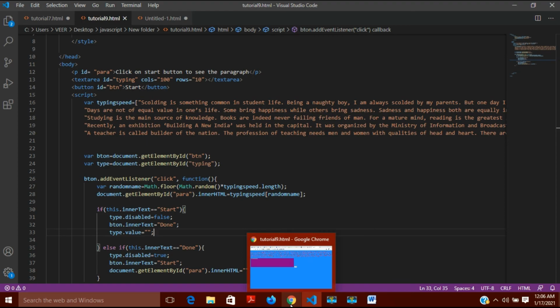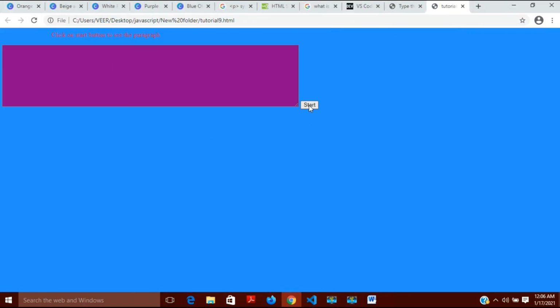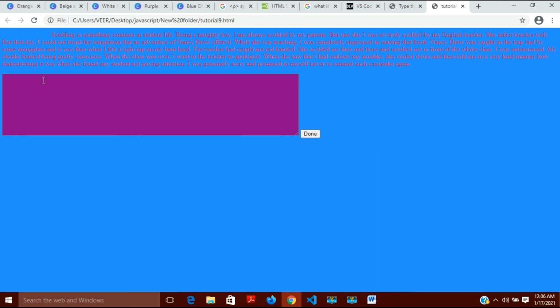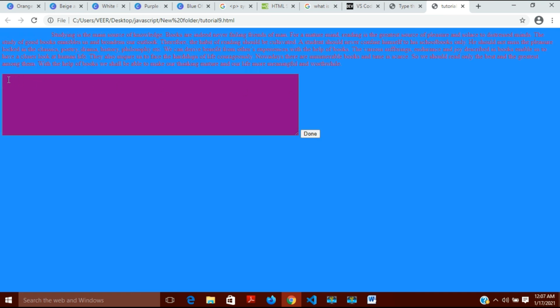And I will refresh and click on start. You're getting a new paragraph, you can type it here, and after this you will click here, it has converted into done. Now on done, when you will click, the paragraph is not visible now, you cannot put anything here. And now when I will click on start, you can see nothing is visible.